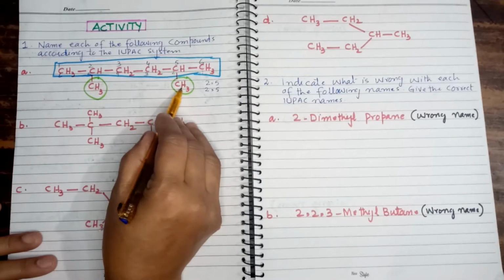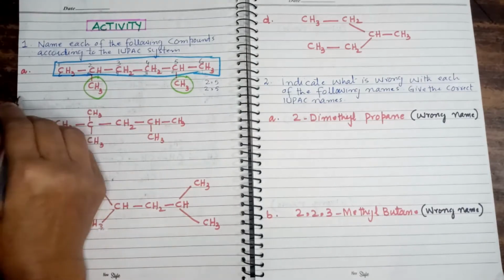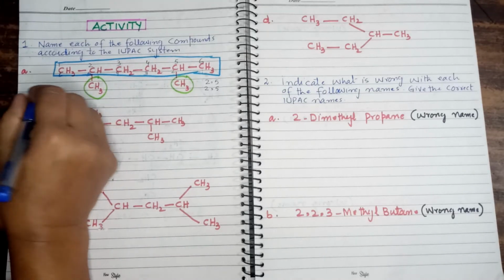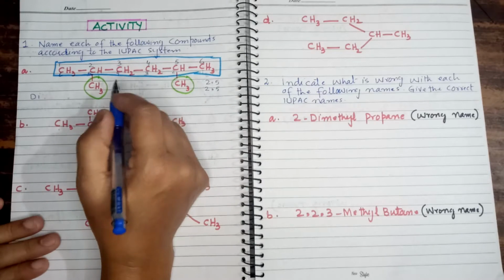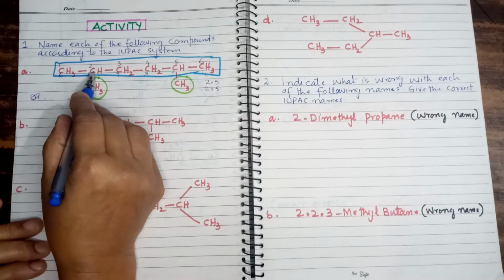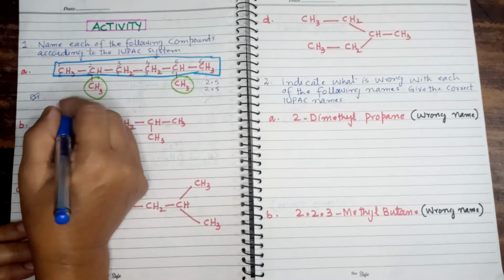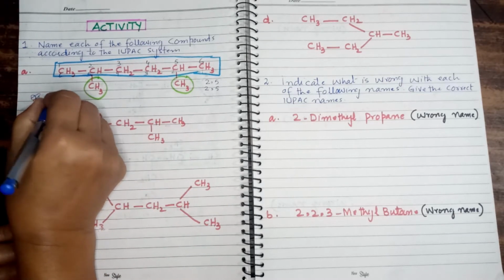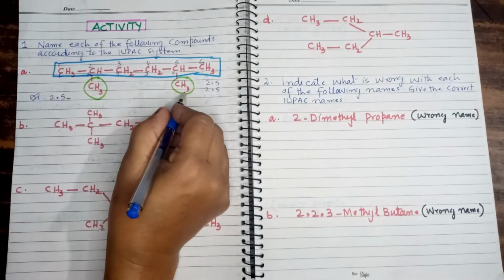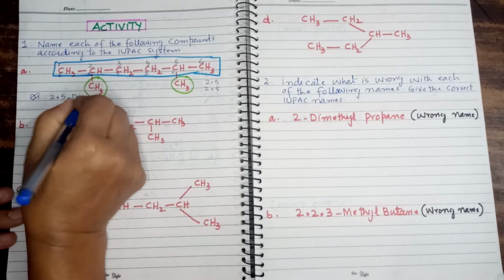Okay, now identify which radicals are attached with the chain. There are 2 methyl radicals, right? For 2 methyl radicals, we use the term di. Assign the IUPAC name to this molecule. This is dimethyl. Before writing the dimethyl, we must specify their positions, right, students? So first of all, we write the positions. One methyl radical is attached with carbon number 2, another methyl radical is attached with carbon number 5, right? So what is the name of this molecule? It is 2,5-hyphen. How many methyls are there? 2, right? So we use the term dimethyl.